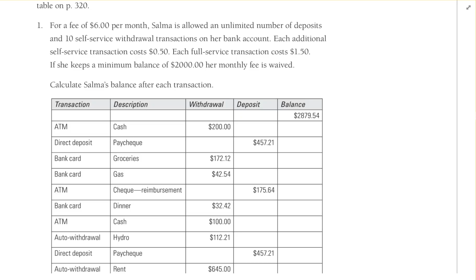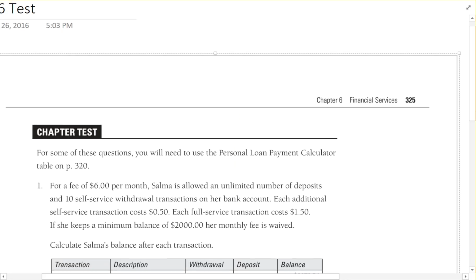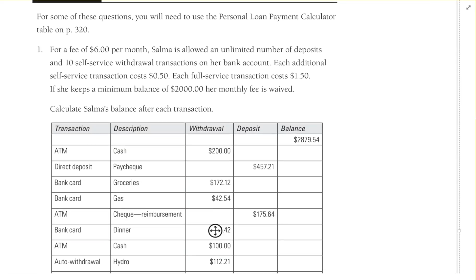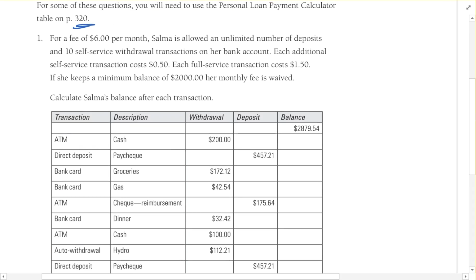Okay, welcome to the Chapter 6 test. For some of these questions, you're going to need that table we were using on the last one, on page 320. So let's get started. Number one, for a fee of $6 per month,